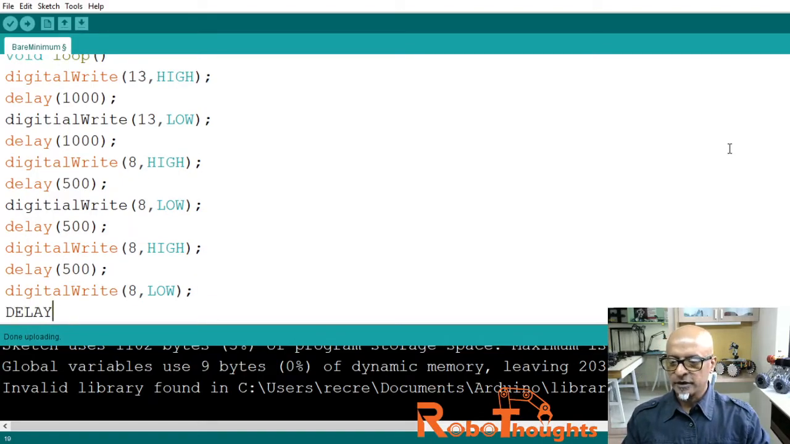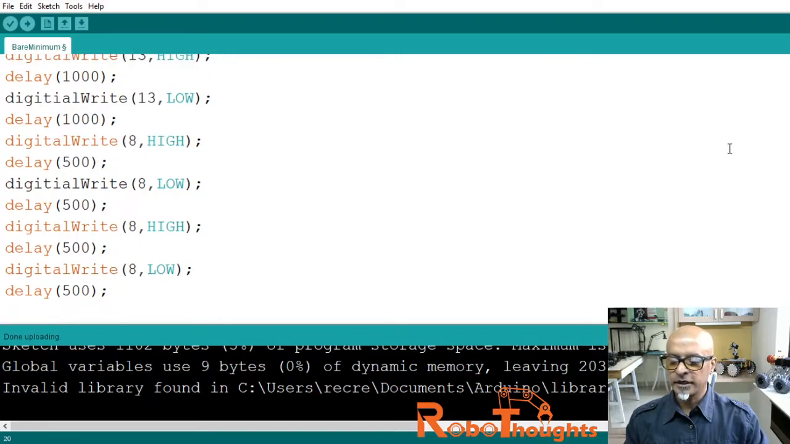Now, once you bring it to low, again you have to delay. After the low, delay it for 500 milliseconds, and once you do that, now we need to go to the third LED, right? So now for the third LED we need to